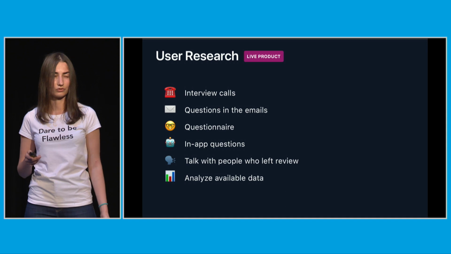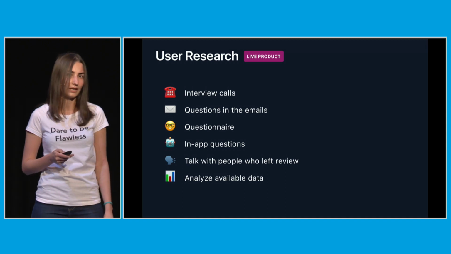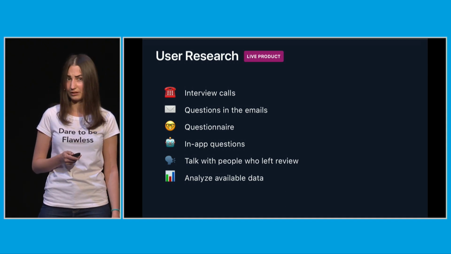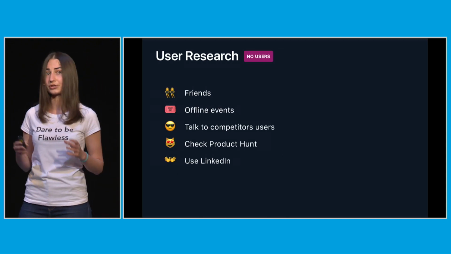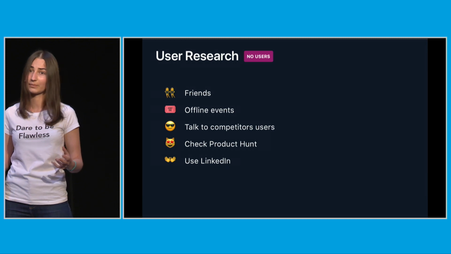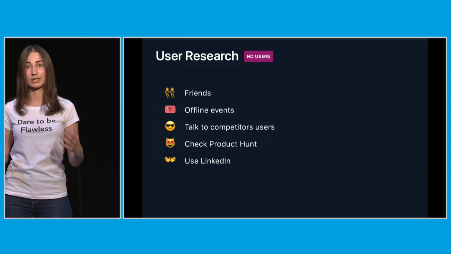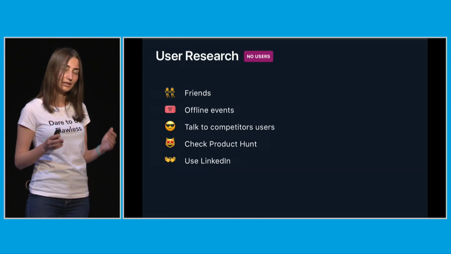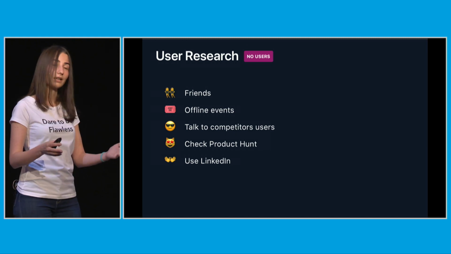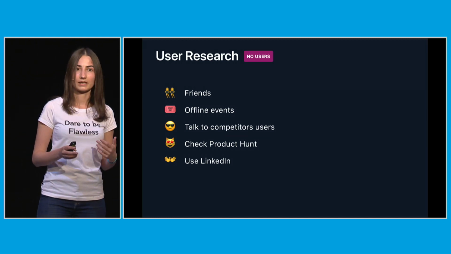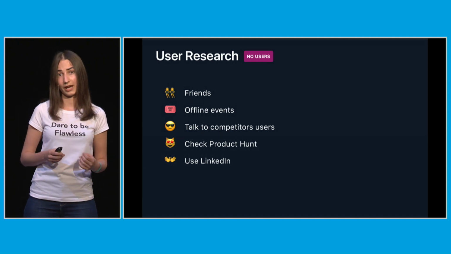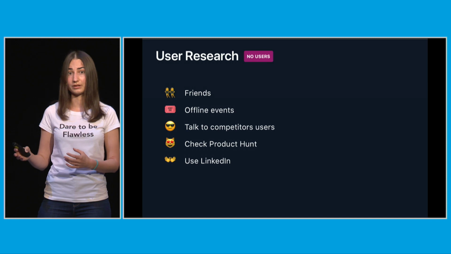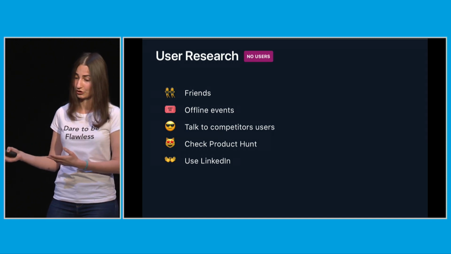But what should you do if your app is not live yet or you have only friends who are using it? Well, you can find people similar to your user persona. It can be friends, families, and run user interviews with them. You can go to targeted events, like this one, and talk to people. When you ask about someone's job or habits, or just have a casual conversation, people are really willing to talk, and you can run your user research.